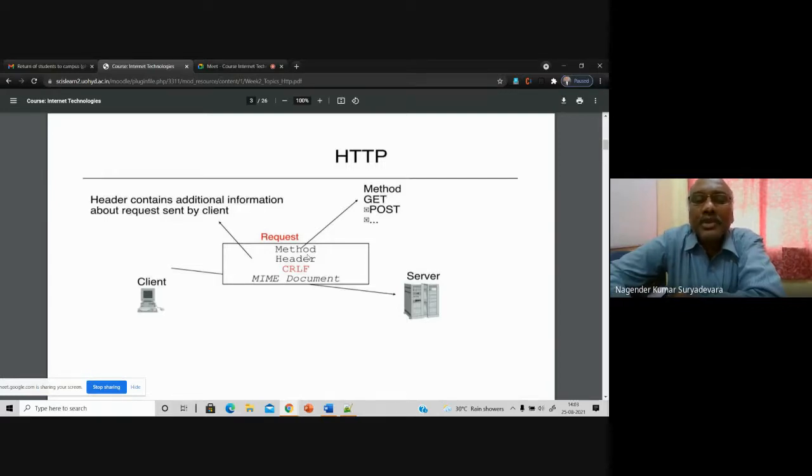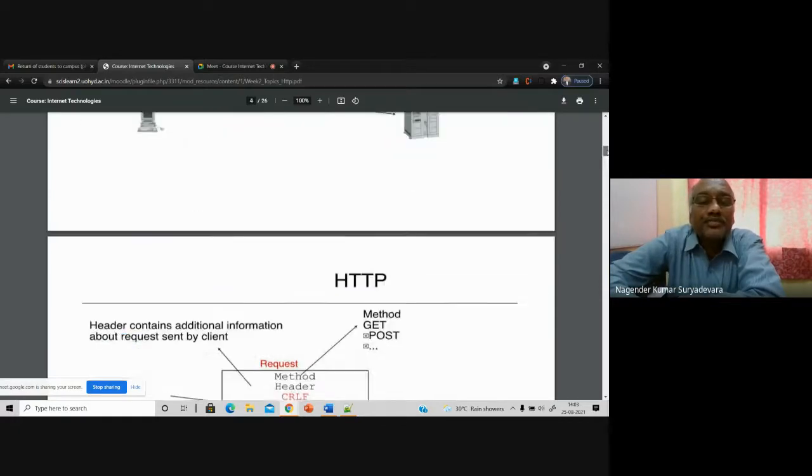The most common methods that HTTP supports are get, post, put, delete and others. You can call it a command or a method. Usually these methods help to have proper client-server communication.